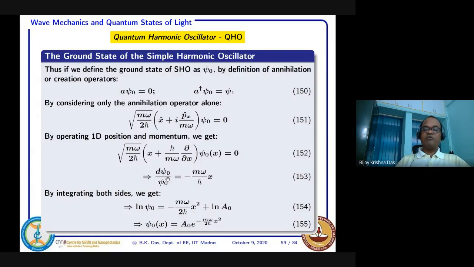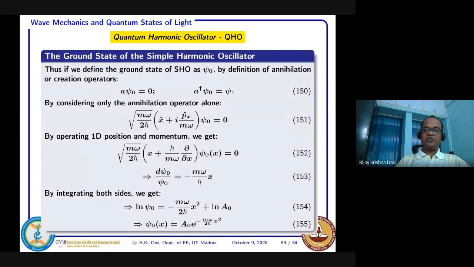Once this is the ground state, that means if any mass is under a potential, it can be a gravitational potential or whatever. If it is a charge, it can be some kind of electrostatic potential. If it is a harmonic oscillator type of situation, then the ground state will always be this one, psi naught. But this a naught is a constant, right? If you want to use psi naught as an eigenstate, normally we should ensure that it is normalized.